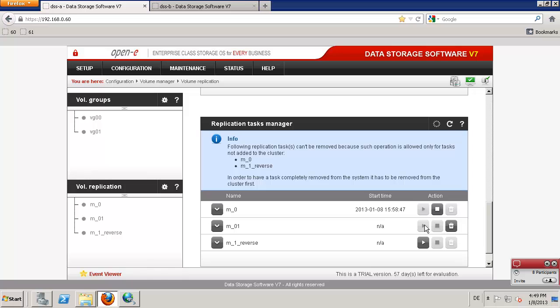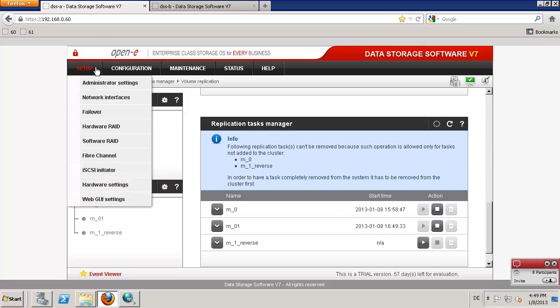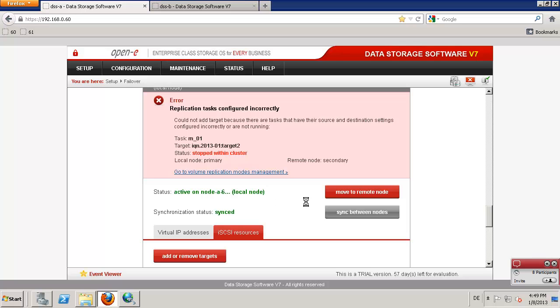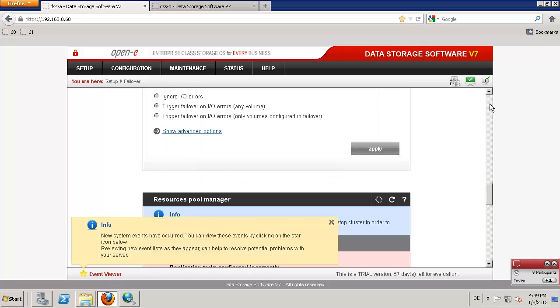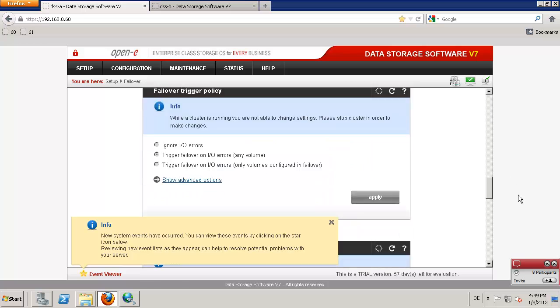Okay, so we are starting the task. Now when it's starting, I can already go to failover and then try to add